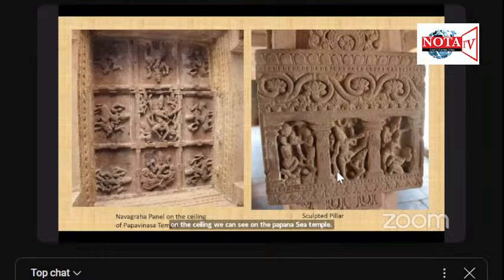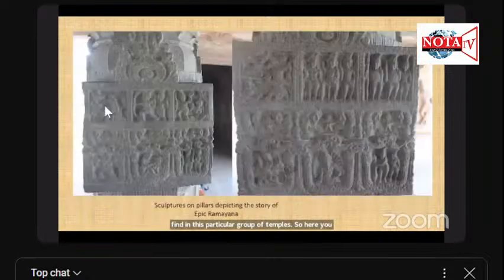And then you have the sculpted pillars. Both the epics, Ramayana and Mahabharata, and the Dasavataras were also depicted, and the Saptamatrika panel also we find in this particular group of temples. So here you have the Ramayana, and the entire